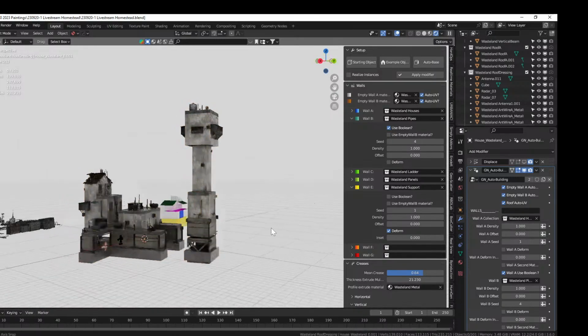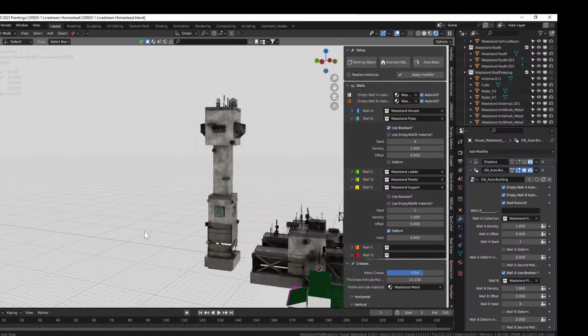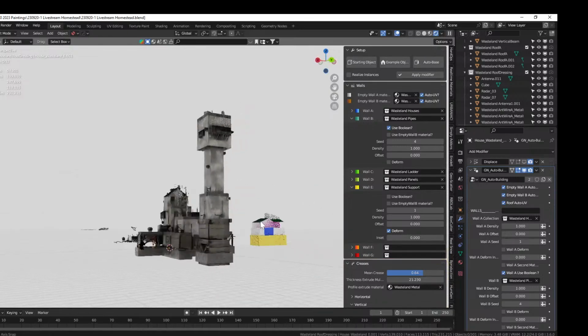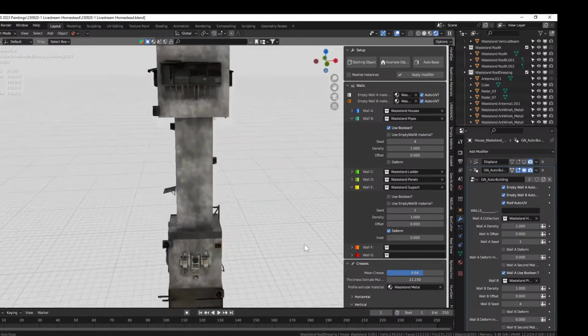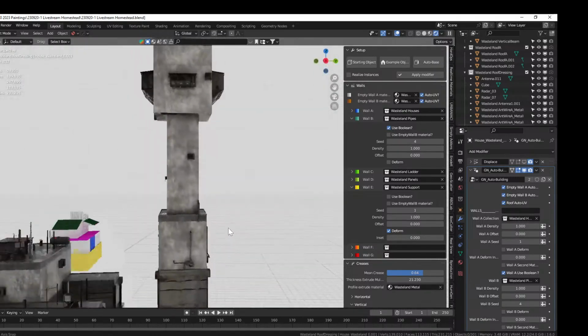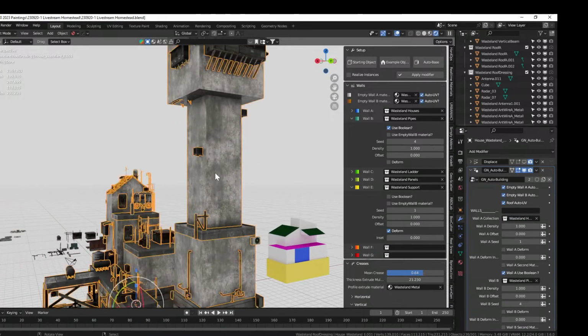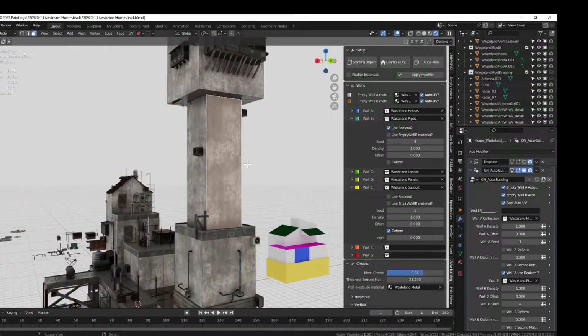Okay, we got some kind of a tower structure. That's kind of neat. It's a little less precarious looking. I dig that. And we could come here and make this face